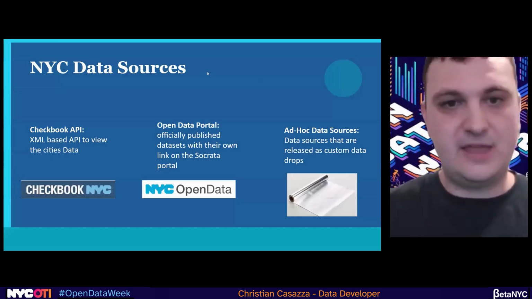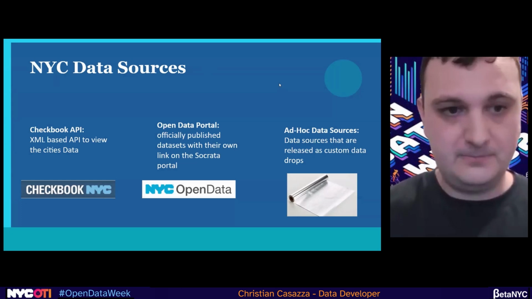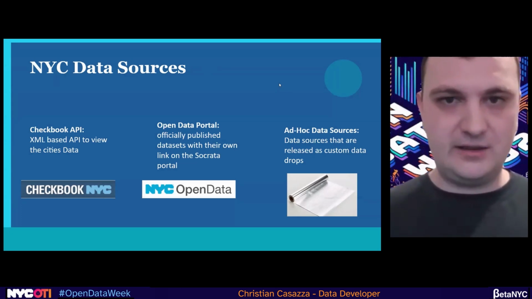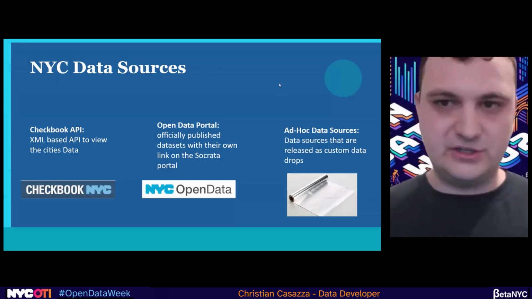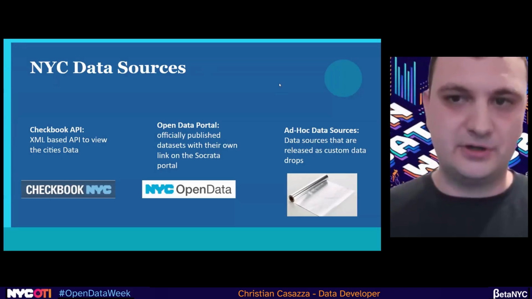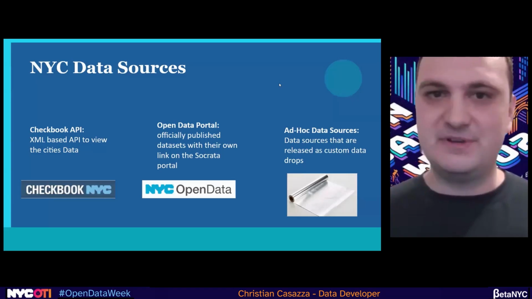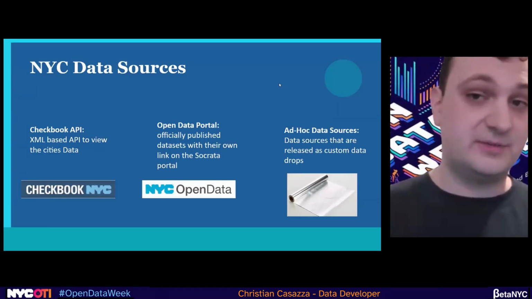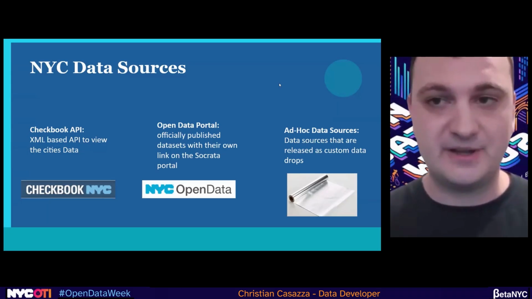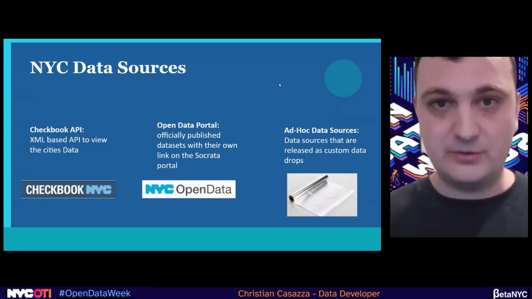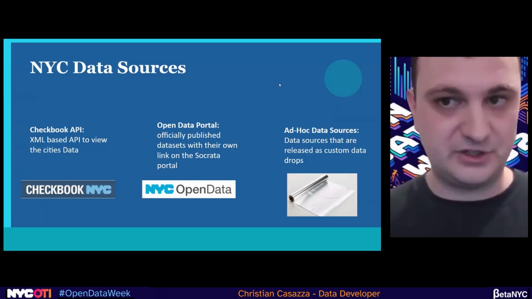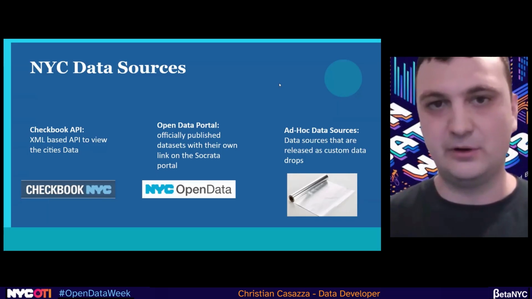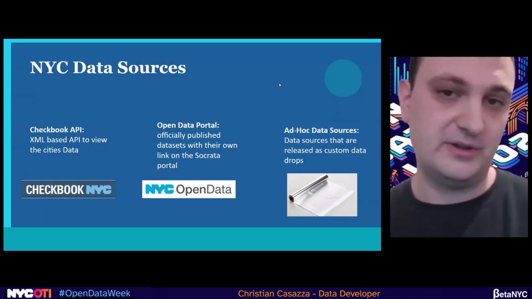Overall, the NYC data sources that I'm focused on right now are Checkbook NYC, which is probably the worst API in terms of ease of use, because it only sends 20,000 rows per call and only XML. Not that big a deal though, when you can just parse it into Parquet files. Then NYC Open Data. Anyone can use this themselves now. The code I share is open source, MIT license. You can use it to ingest any APIs from Socrata. Whether you care about cars or public safety or crime, you can just go get the data. No one's stopping you.